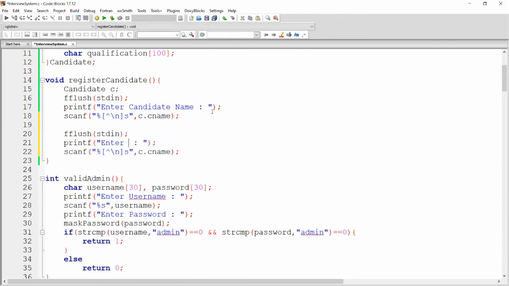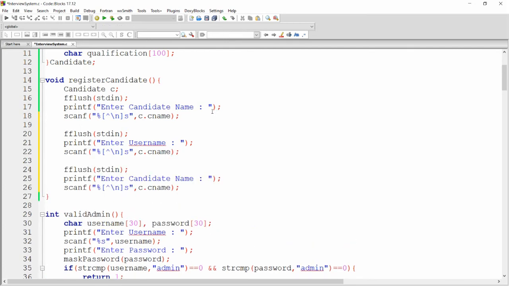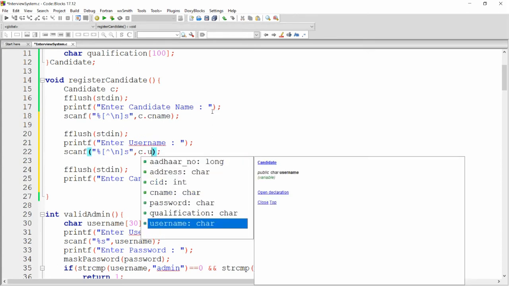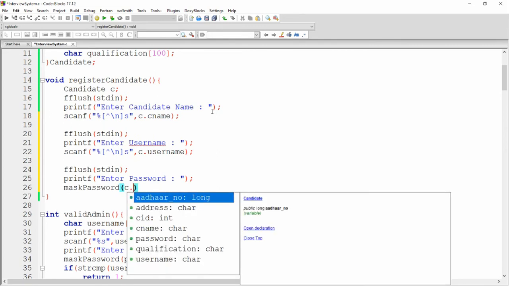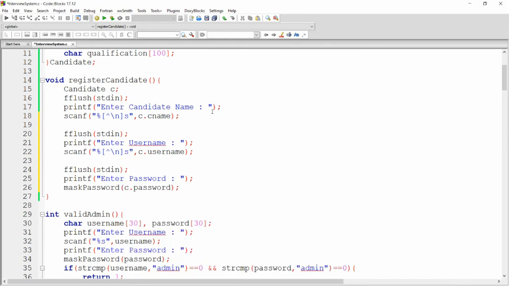Now I'm asking the user to enter username, and here you can ask for the password also. So this is candidate dot username, and here you can say enter password, and here you can simply mask the password. So you can write c dot password. So what happened? The password will be masked.